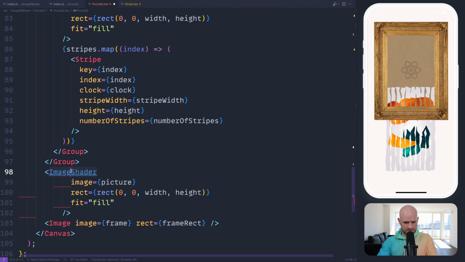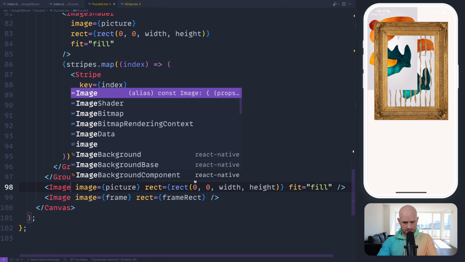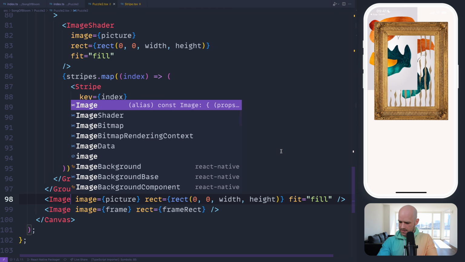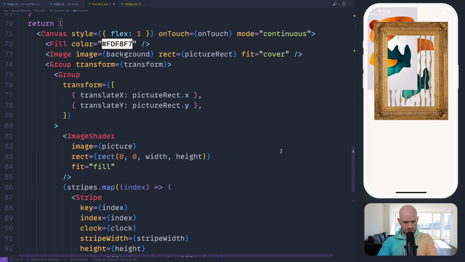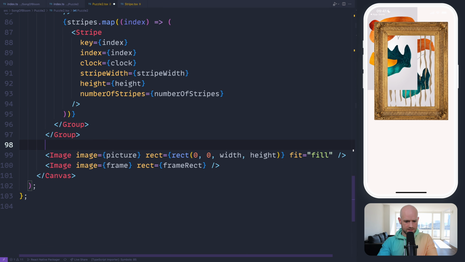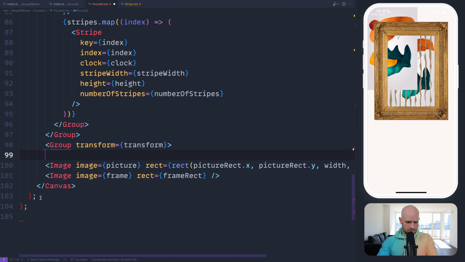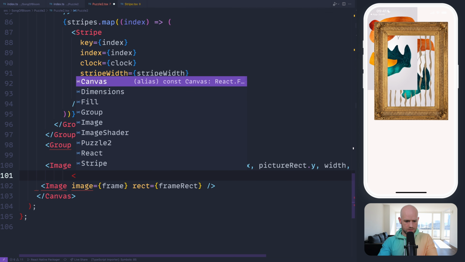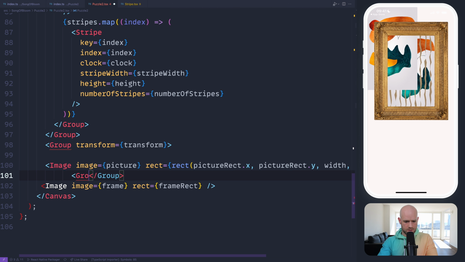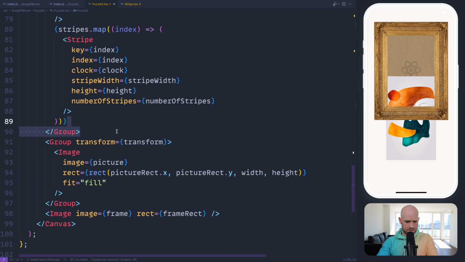But instead it's an image. Okay, we can just repeat these, even though I guess I could just put these directly here, close the group. Looks good.